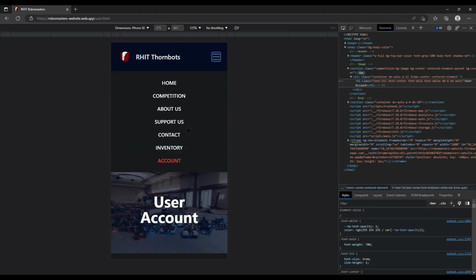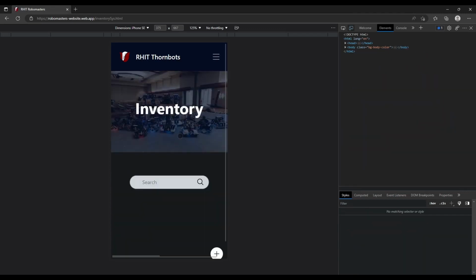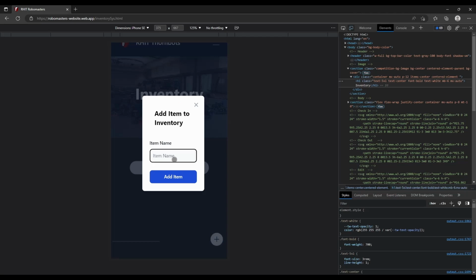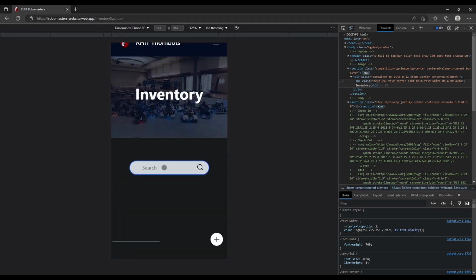And if we wanted to, we can go to our inventory system. So I'm going to show off our CRUD operations in inventory. So first, if we want to add an item to inventory, we click down here, just type in the name. So if we wanted to add a rubber band to the inventory, we could do that. Now it's added. So then if we want to find the rubber band, we search up rubber band,